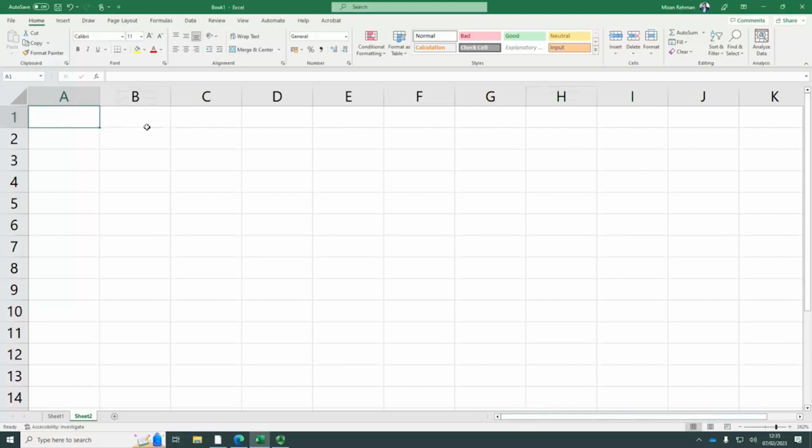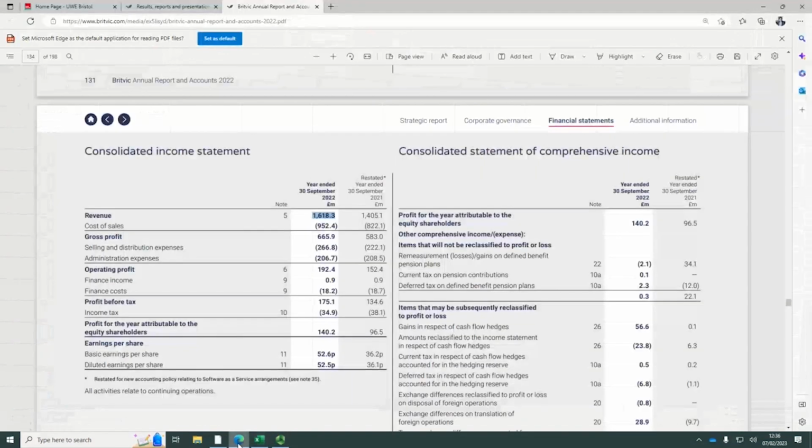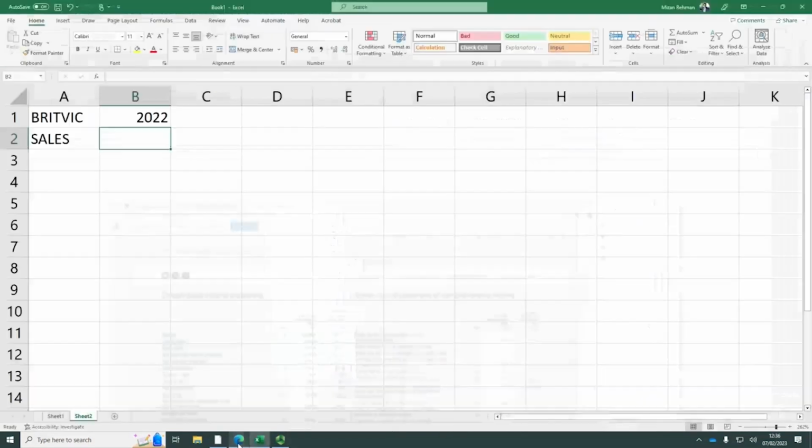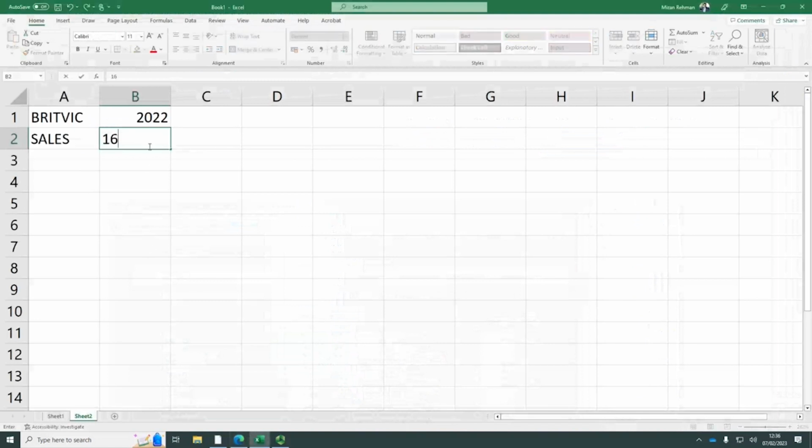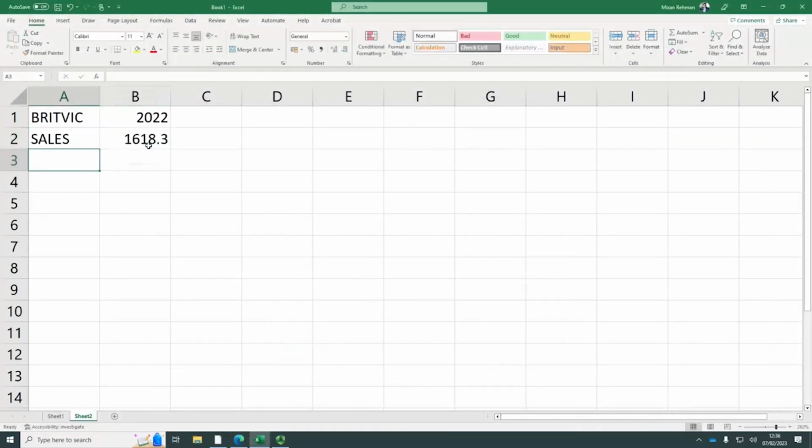So Britvic, 2022 data, my sales are $1618.3 mil, and my receivables, trade